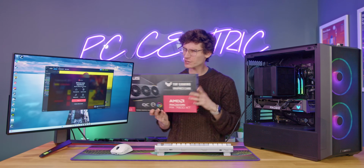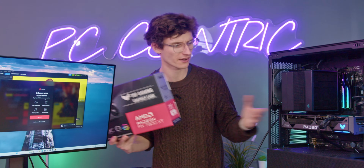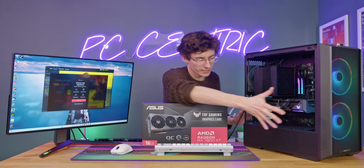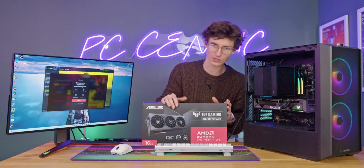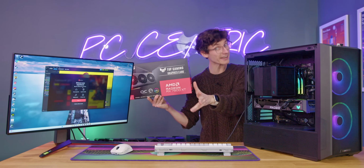Testing this out should actually be fairly straightforward. We've gone for a 7800 X3D. I mean, we have, that's in there, that's force of habit. The CPU is a 7800 X3D. We're gonna keep everything nice and open. We've got a nice cooler on there, so the bottleneck is very much gonna be on the 7800 XT graphics